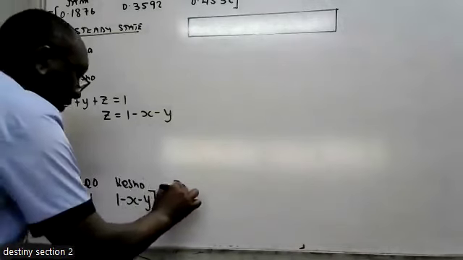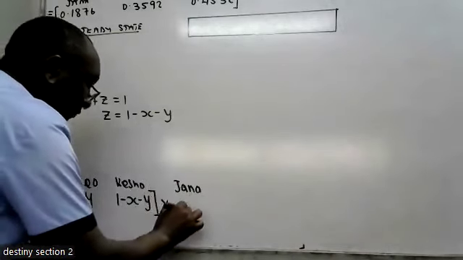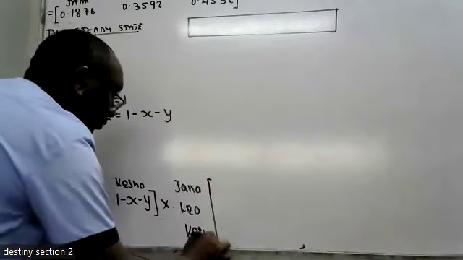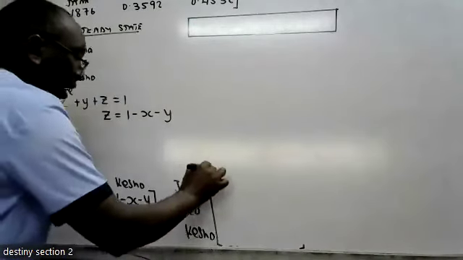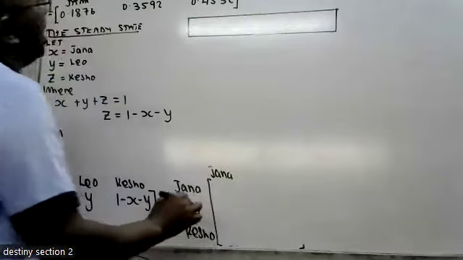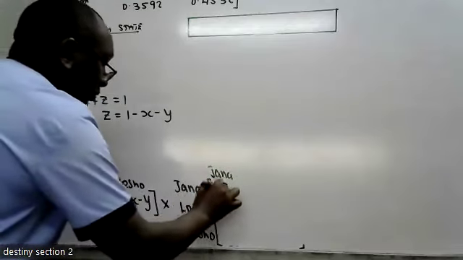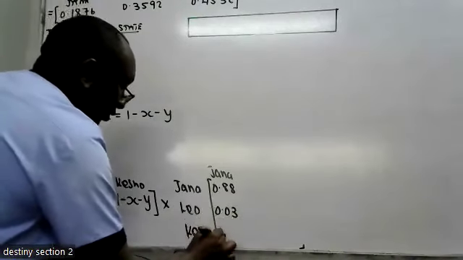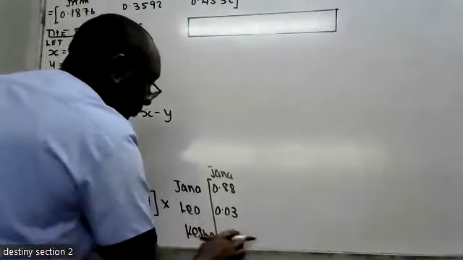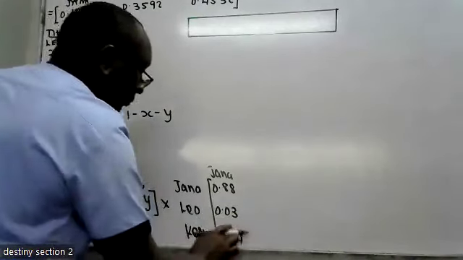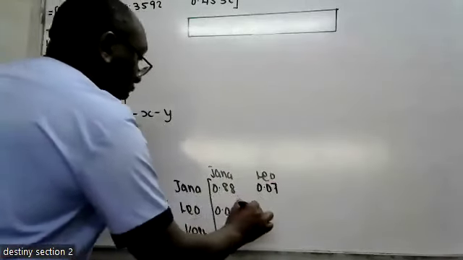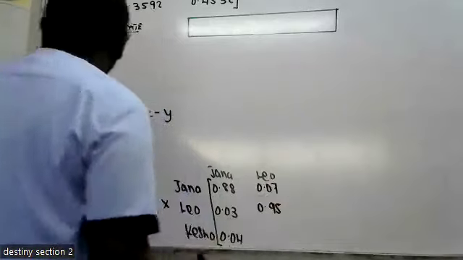Transition matrix, I have Jana here, I have Leo, and I have Kesho. Jana in the transition matrix has 0.88, 0.03, and 0.04. Then I have Leo. Leo has 0.07, 0.95,